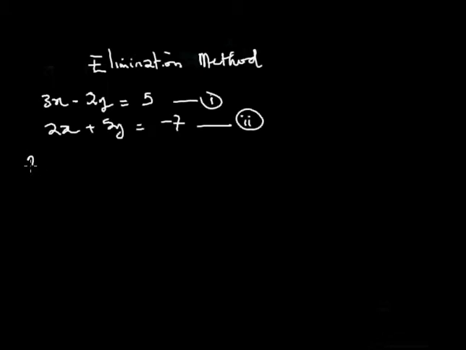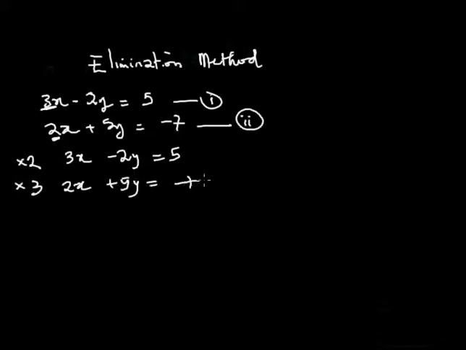We pick the 2, we multiply it by equation 1. This is the 2 we're talking about, multiplied by equation 1, which is 3x minus 2y is equals to 5. Then we pick the 3, which is this. We multiply it by equation 2, 2x plus 5y is equals to minus 7. So what we're going to have is 6x